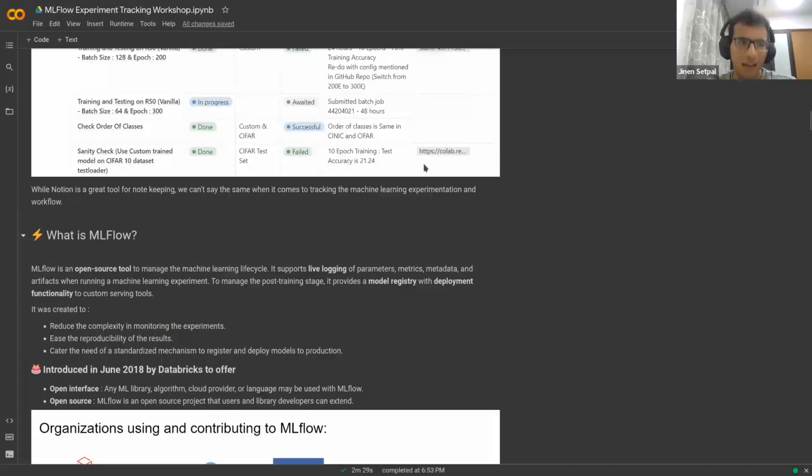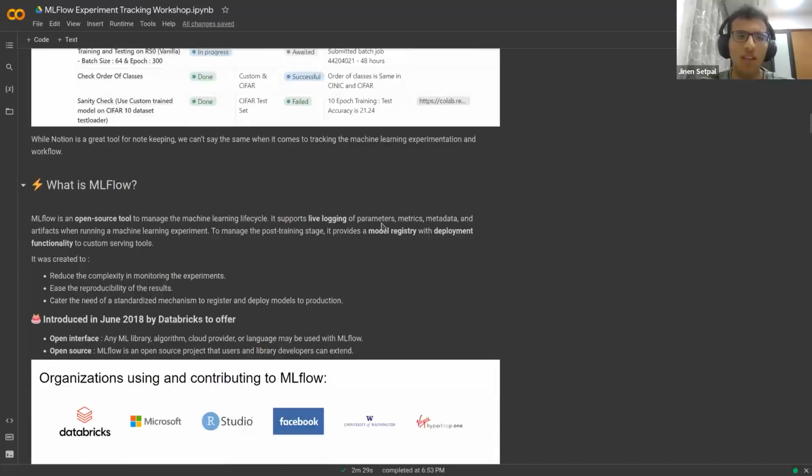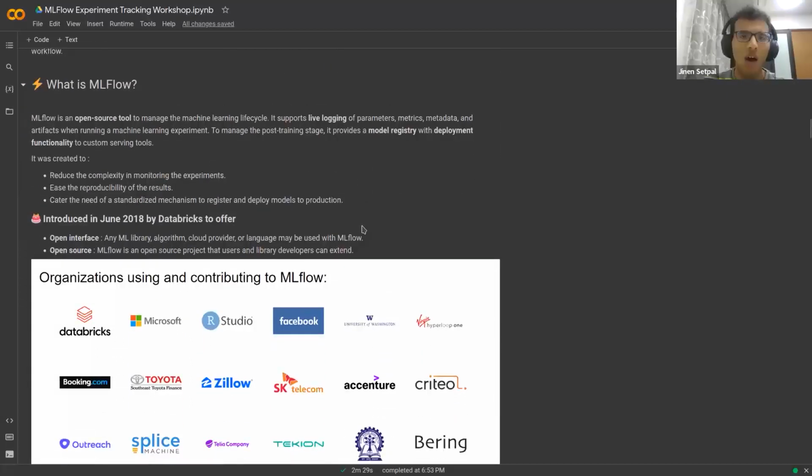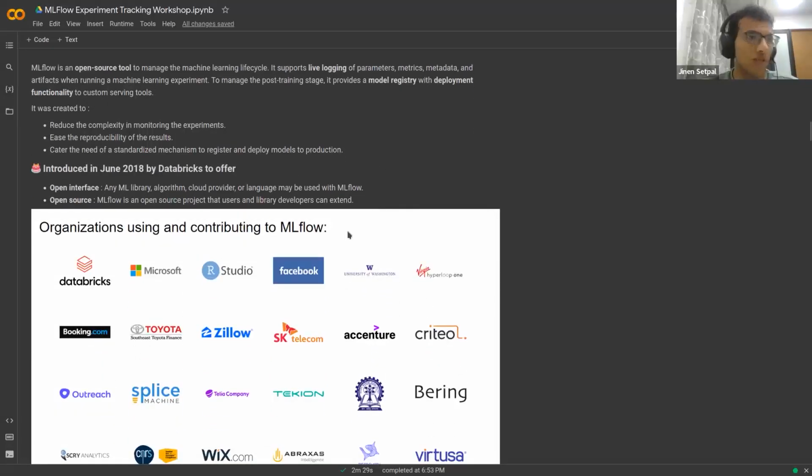MLflow does exactly that. It is an open source tool to manage the machine learning lifecycle. It supports the live logging of parameters, metrics, metadata, and artifacts, right? That are outputted when running a machine learning experiment. To manage the post-training stage, it has a model registry with the deployment functionality to serve the model that you have created. So it was created in order to reduce the complexity in monitoring experiments, to ease the reproducibility of